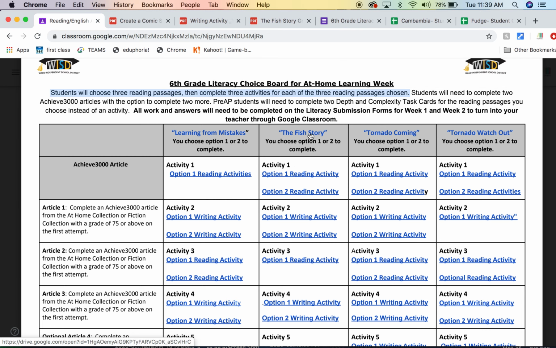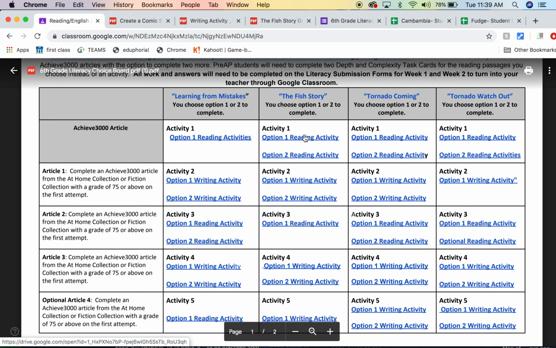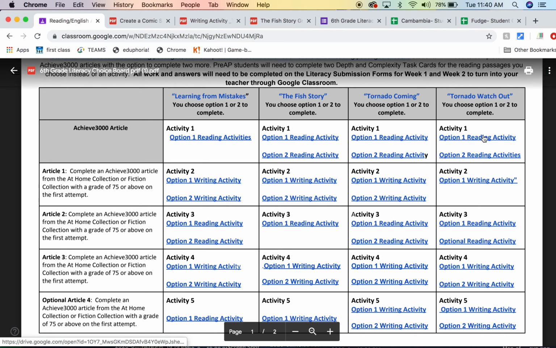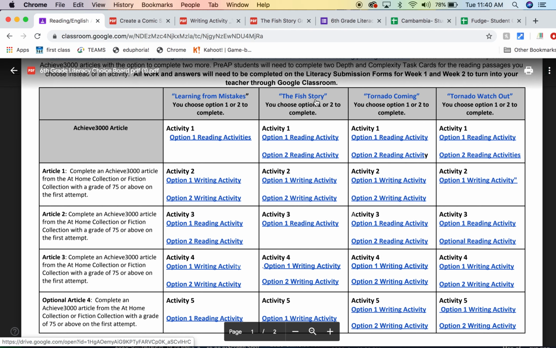So this week, you read the fish story, and then choose one of these blue links, one of these activities, just one. Then you read Tornado Coming. For this week, choose one of these activities, just one. And there's many to choose from. Then you read Tornado Watch Out, and you choose another activity. After you complete one activity for the reading passage, that's when you need to make sure that you're done in